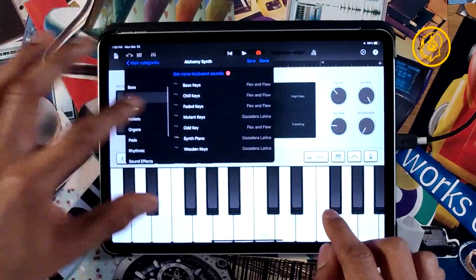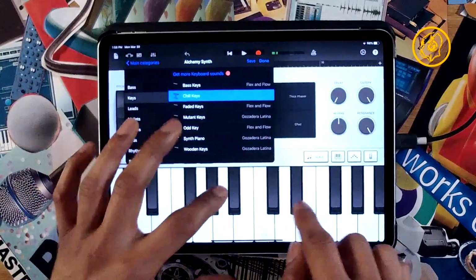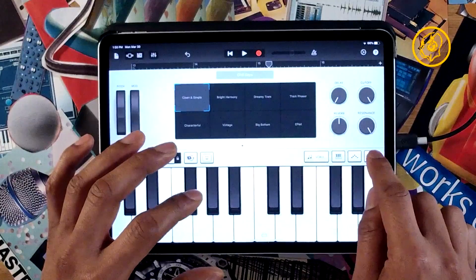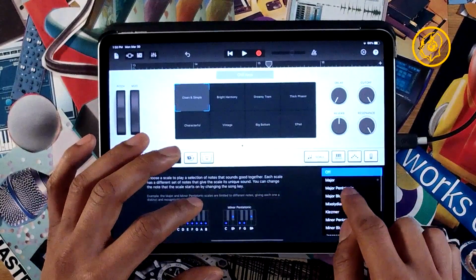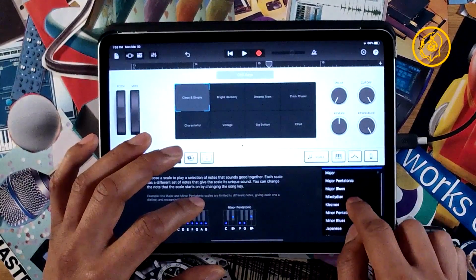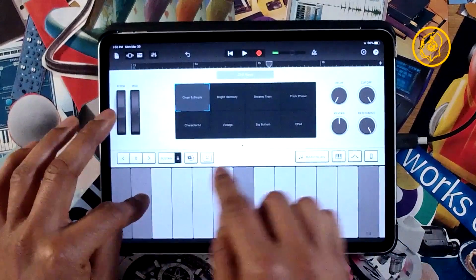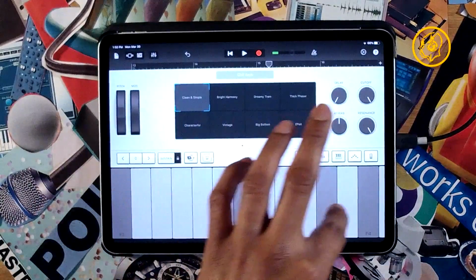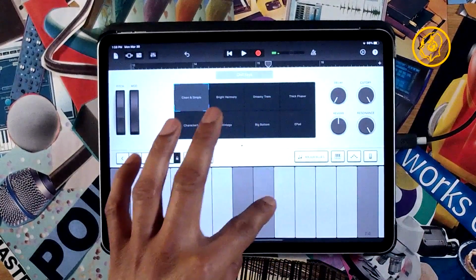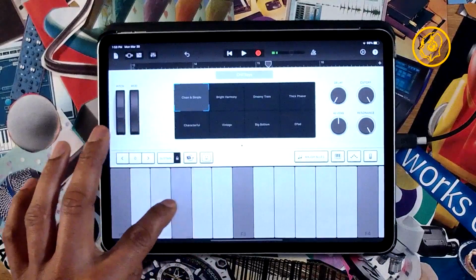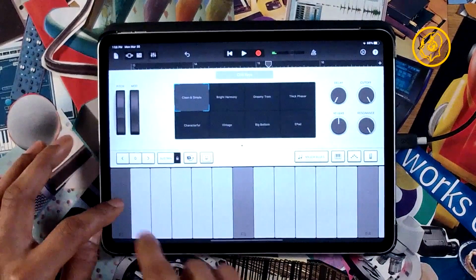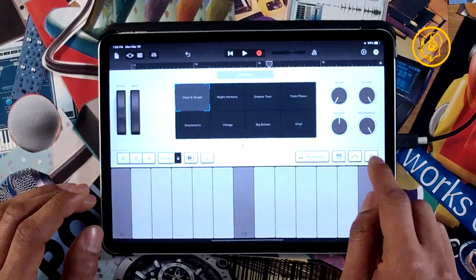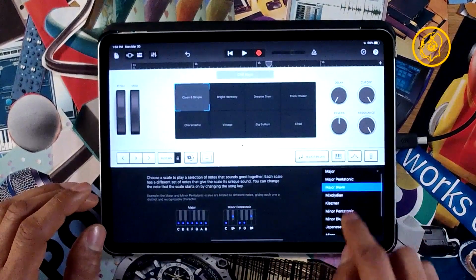I'm trying to feel like what we want to put in here. You hear that blues scale? Interesting. Loving it. Minor.